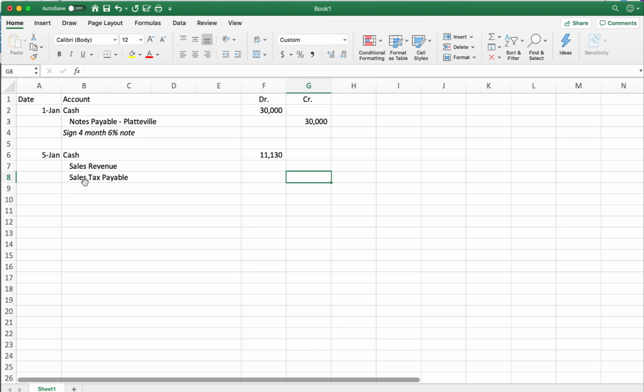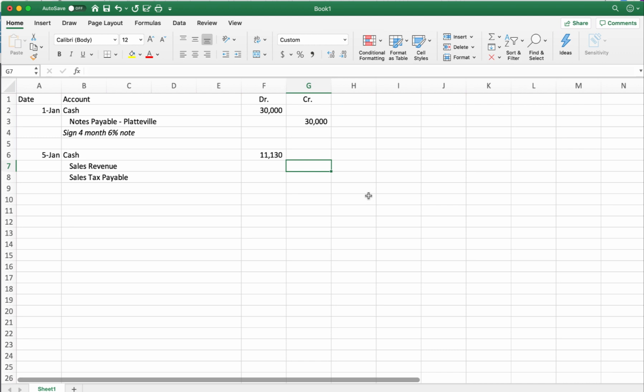Okay, so I need to figure out how much is sales, how much is actually revenue. Super easy for me to do, right? So check this out. I know that 6% of this dollar amount is going to be equal to sales tax. The remainder is going to be